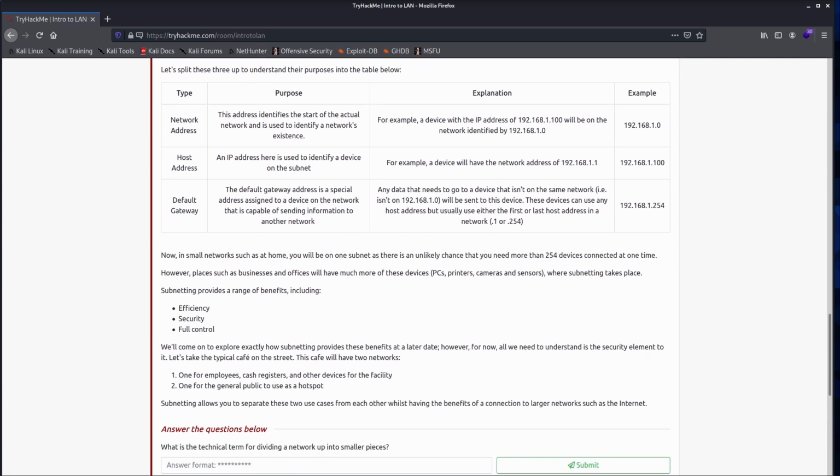The network address. The address identifies the start of an actual network and is used to identify the network's existence. For example, a device with an IP address of 192.168.1.100 will be on the same network identified as 192.168.1.0. The host address. An IP address here is used to identify the device on the subnet. For example, the device will have a network address of